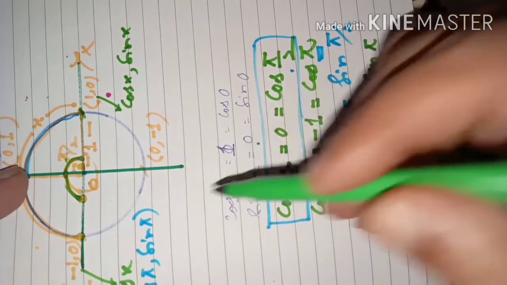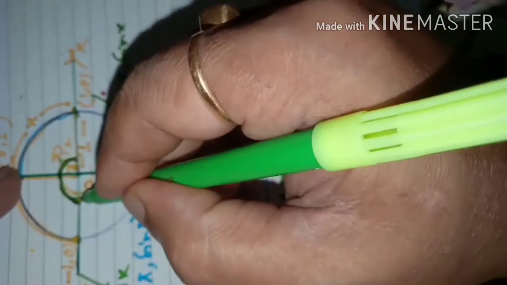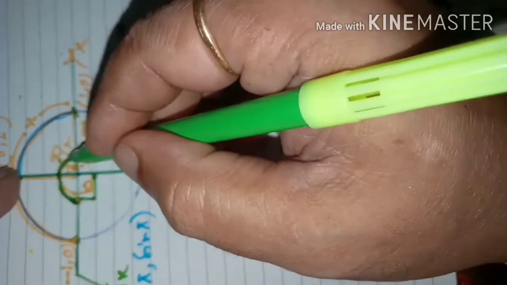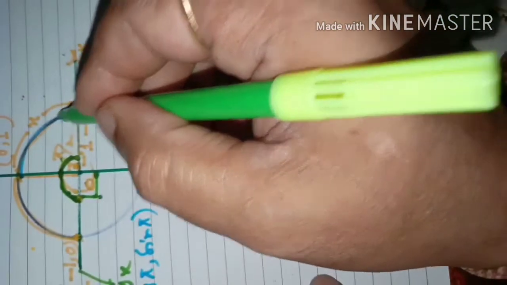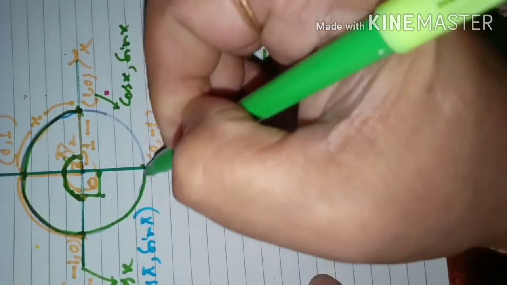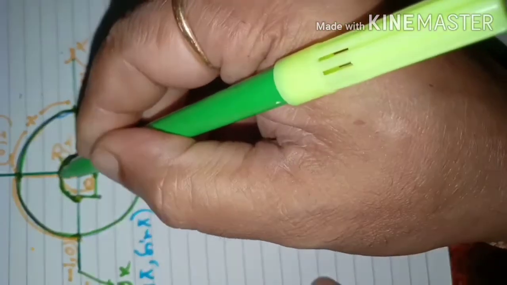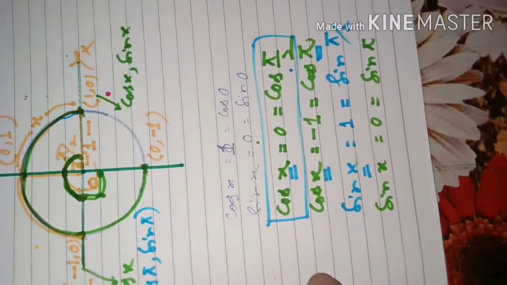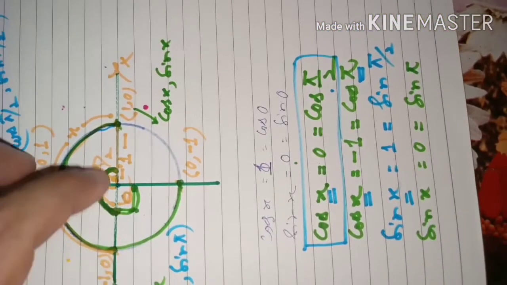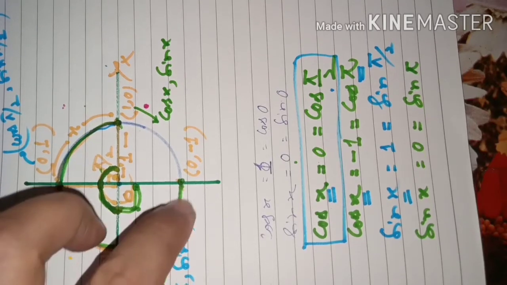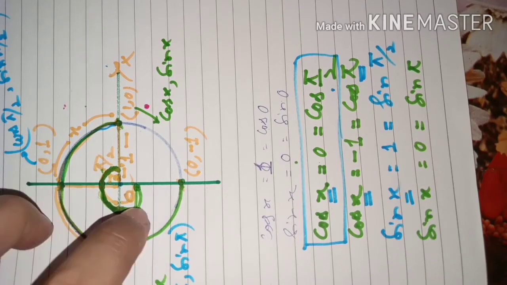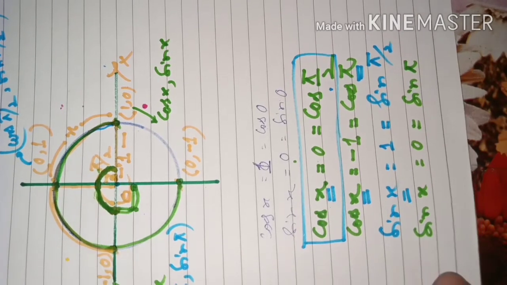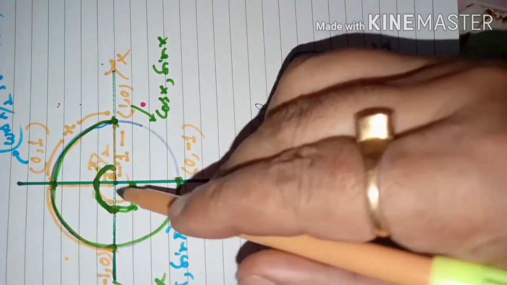Again you see here, this is pi plus this is pi by 2. How many pi by 2 up to here? When we consider this whole arc up to here, what angle does this whole arc subtend at the center of the circle? Pi by 2 plus pi by 2 plus pi by 2, 3 pi by 2. That means the angle is 3 pi by 2.